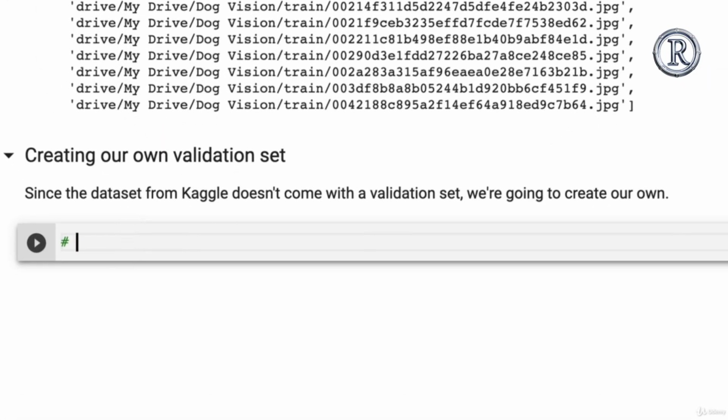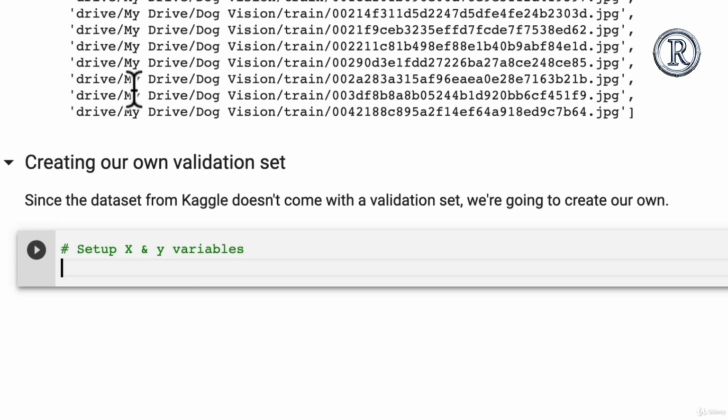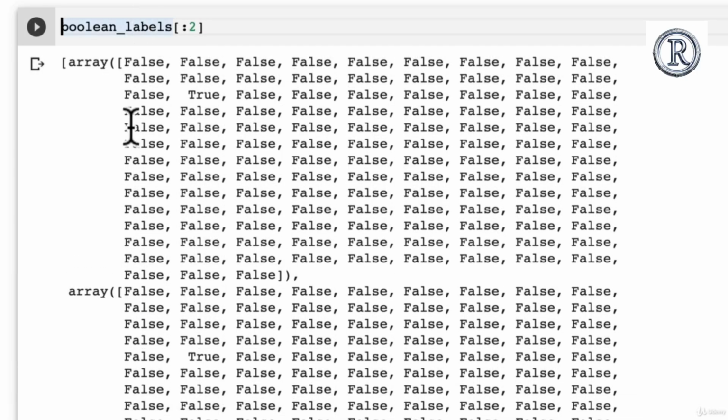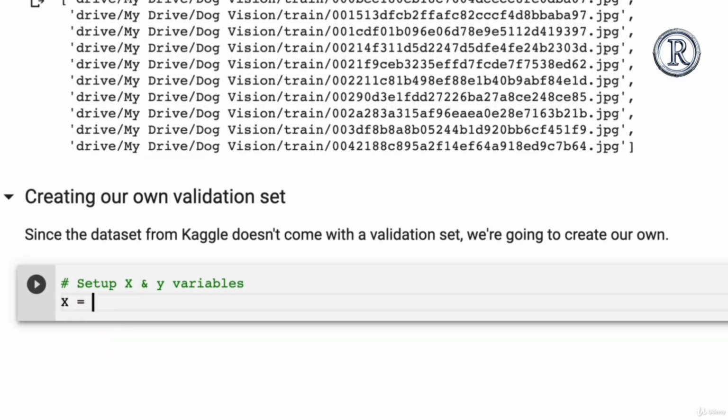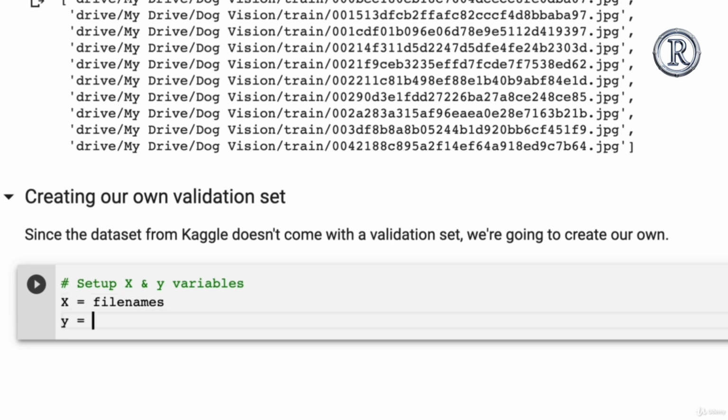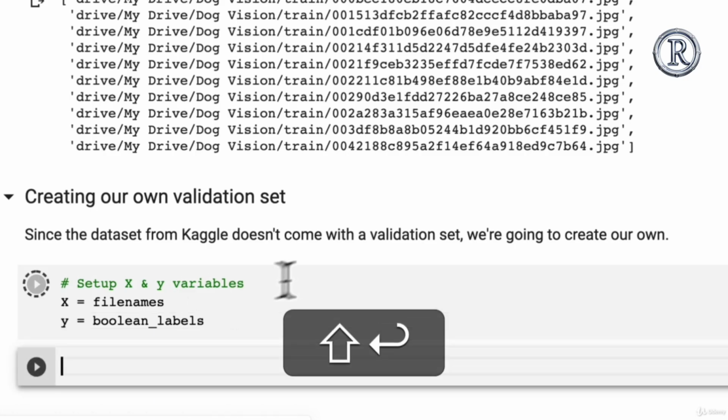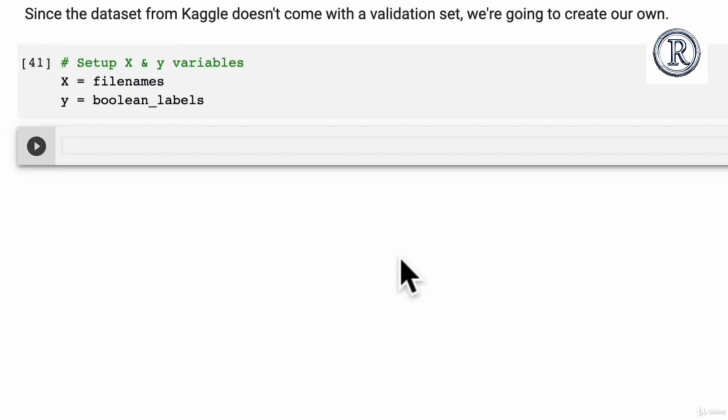Let's set that up. But first, what we might do is set up X and Y variables. The reason we do this is because having to remember Boolean labels and file names is a bit tedious. So what we might just do is create X, which is our standard variable for your data, and Y, which is usually the standard variable for your label. So we're just going to make copies of those. Beautiful. And now, since we're working with 10,000 plus images, 10,222 to be exact,